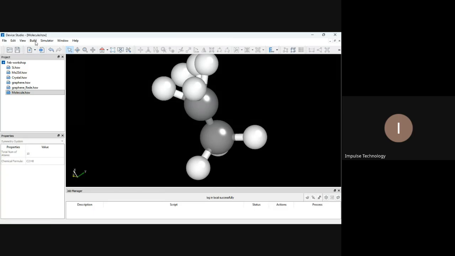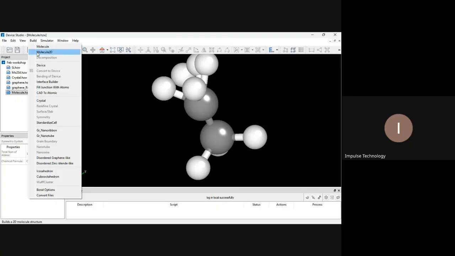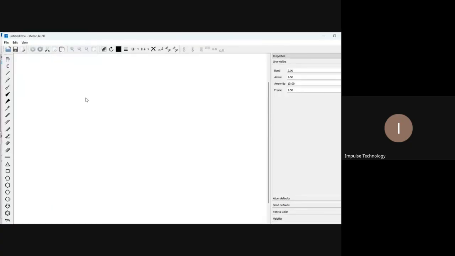Again, in the build option, there is an option for the molecule 2D structure. If I click this one, you can see it will open a new window where you can create your 2D molecular structure. Like if I click on ring fragment, and create this type of structures. And if I click on apply data,